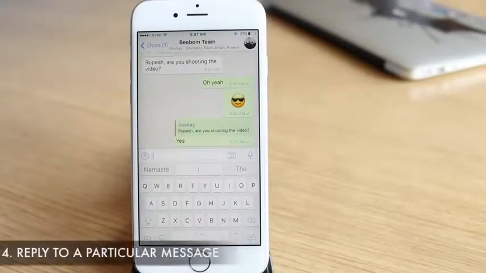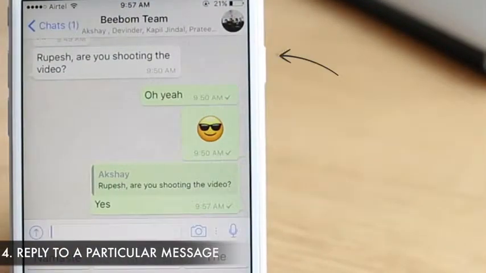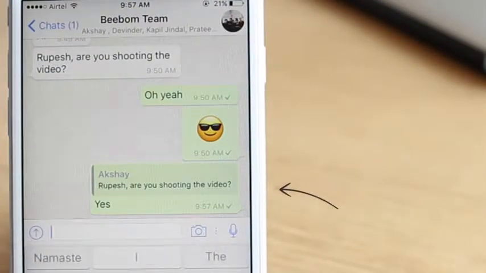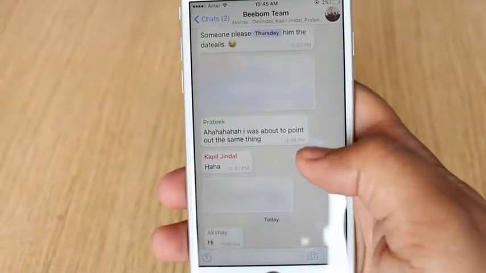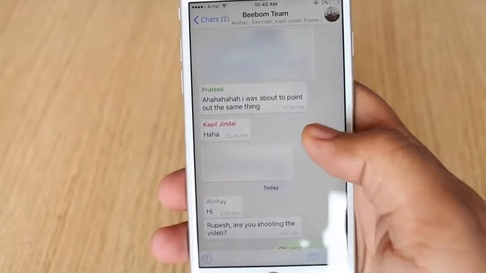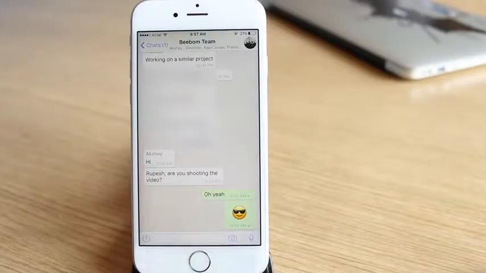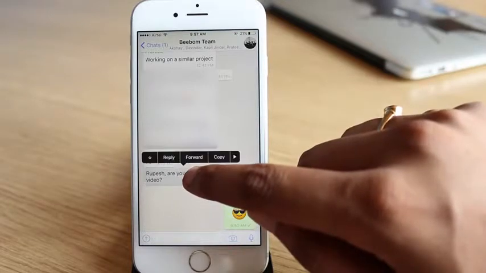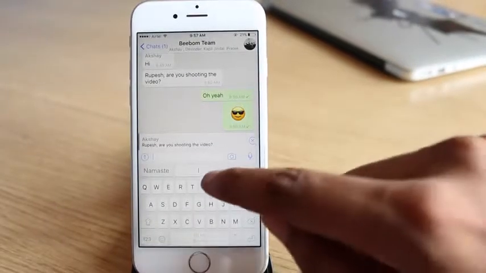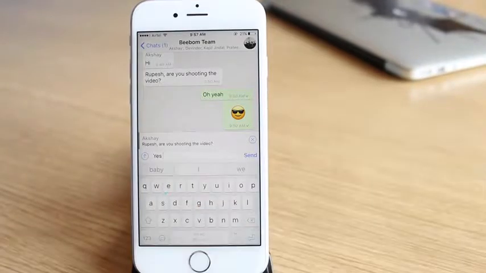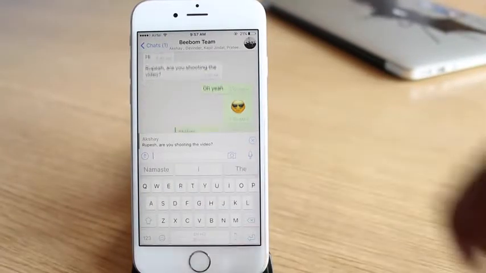Another cool trick is the ability to embed a previous text in your reply. This should be especially handy in group chats, considering it can get a little confusing at times as to who someone is referring to in a group chat. To use it, you can just press hold on the message you want to quote and hit the reply button. Then, type in your reply and simply send it, after which you should see the quoted text with your reply.